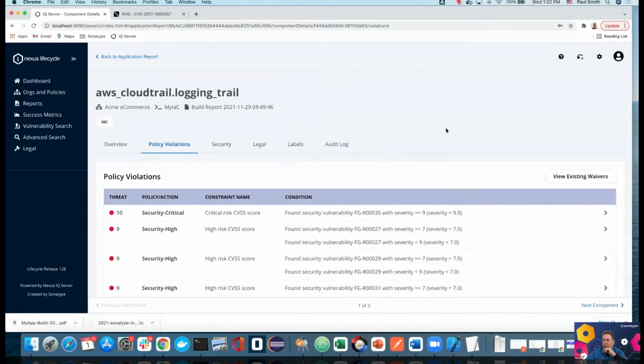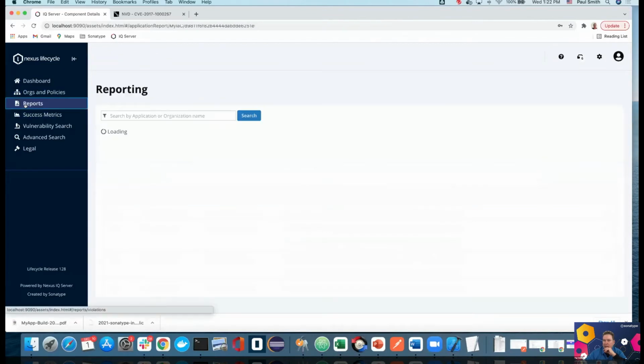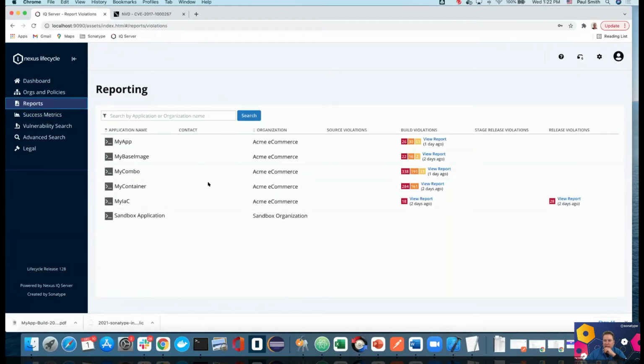So again, containers, your application, and your infrastructure as code, all in a single control plane, where you can meet those software bill of materials at every point across your SDLC.